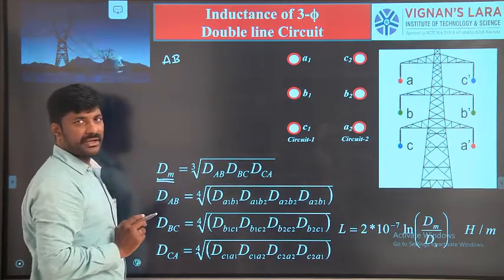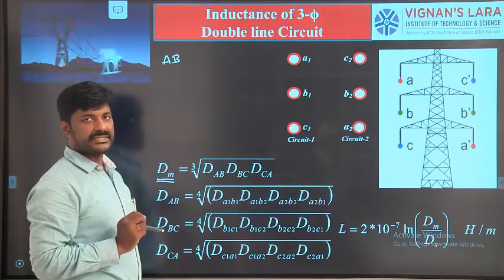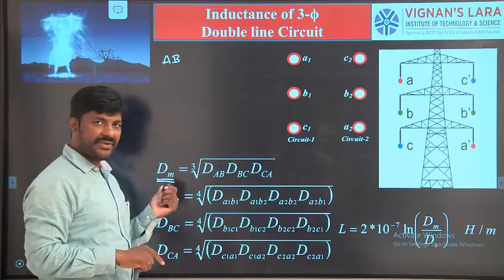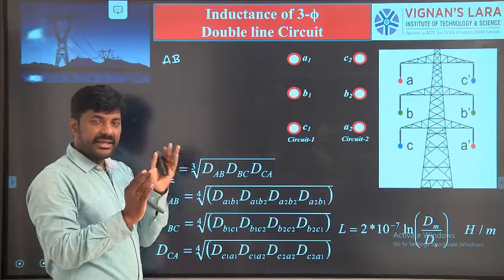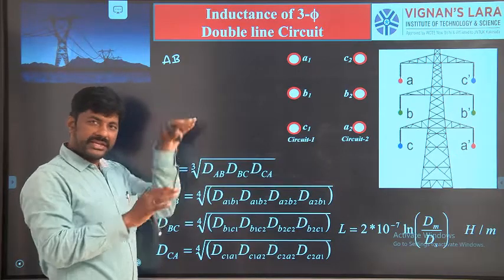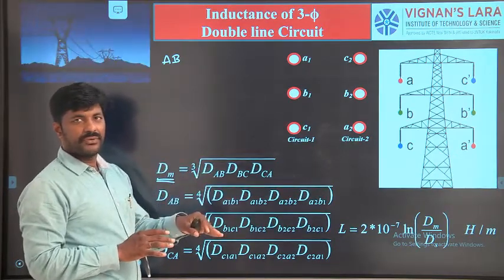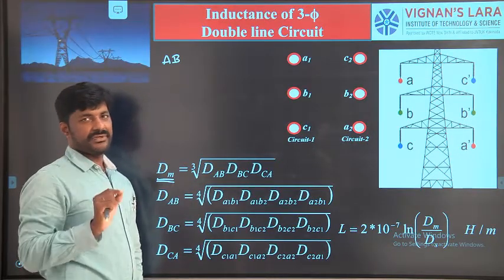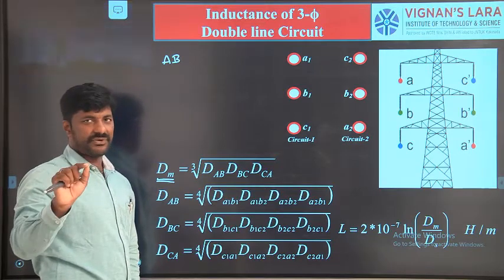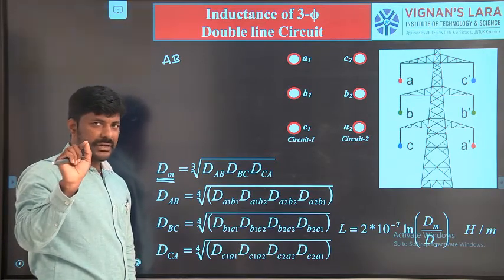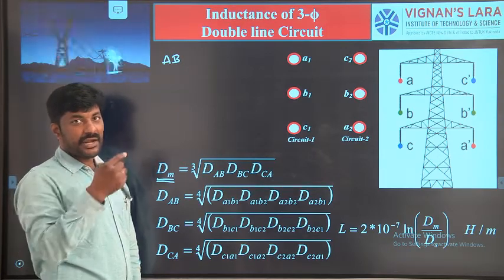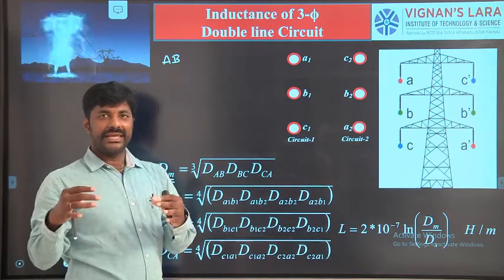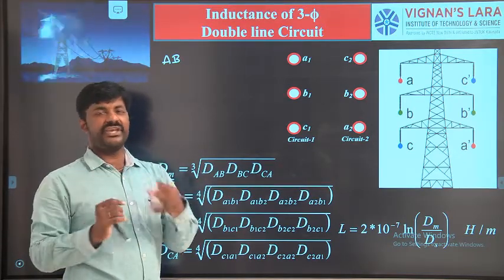AB is one combination. I will call different phases. Between this AB, what are the distances available? So far what we have seen in the previous, between same phase, A1 A2, A2 A1, it is own A1 A1, A2 A2. Whatever we are speaking with only A term previously, that is called self. For phase B we have defined self, whatever we are talking with only term B. Similarly C also. But now it is not like that. We are extending our concept towards mutual, that is between two different phases.